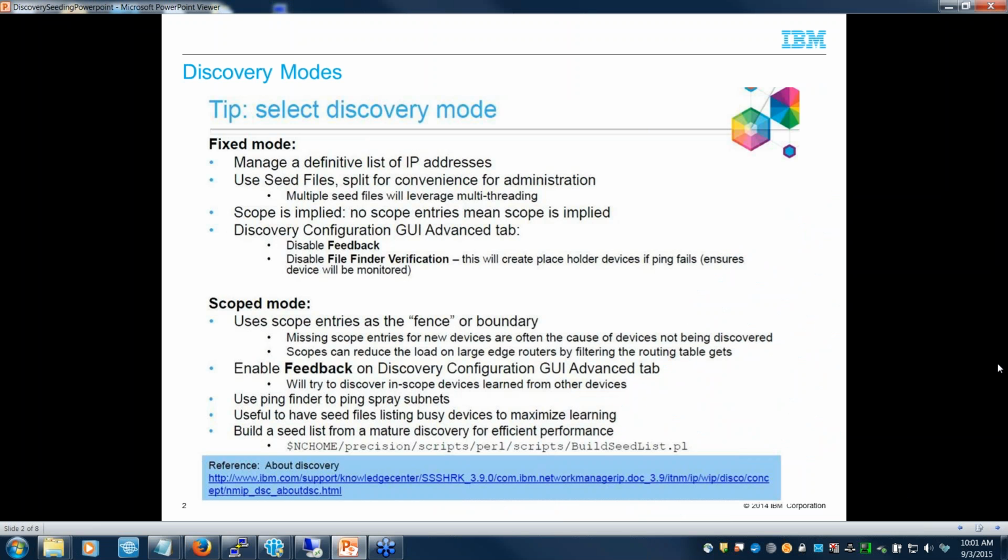First, we have a fixed mode, which in this slide is more geared toward customers that already know what their network is and what devices they want to discover. So it's kind of fixed in their environment, what they want to see. And they typically disable the feedback mechanism on this because they're not adding anything new to that network or their environment. Also, file finders are typically disabled in this mode. Seed file is usually used in this mode as well, or multiple seed files,